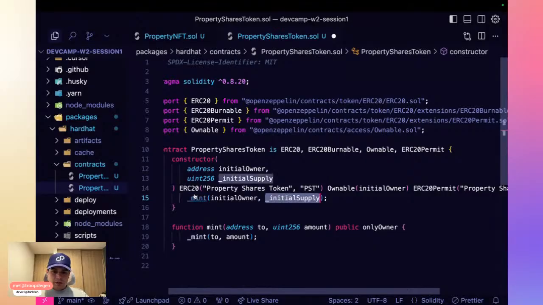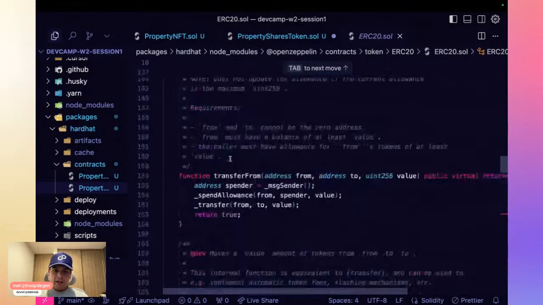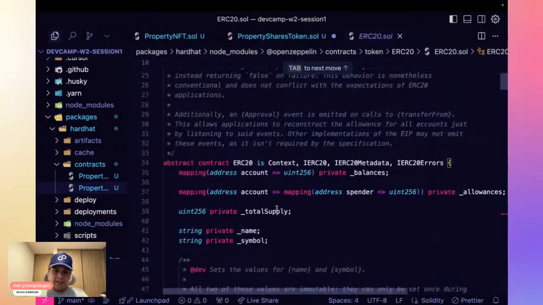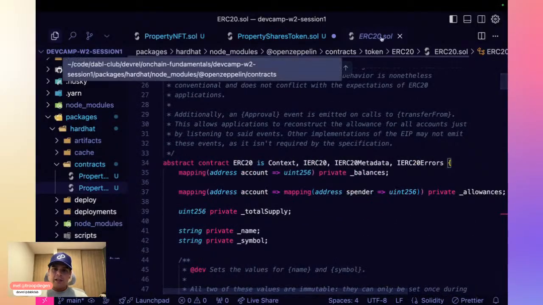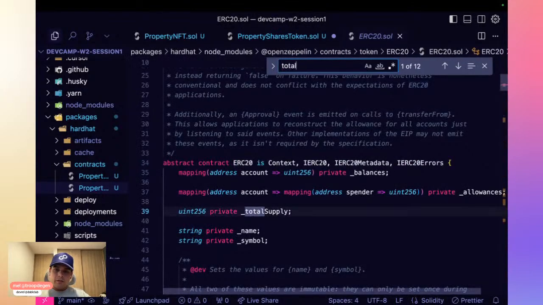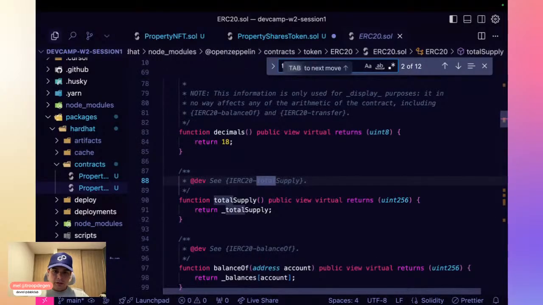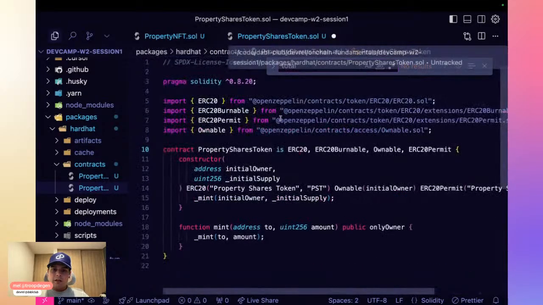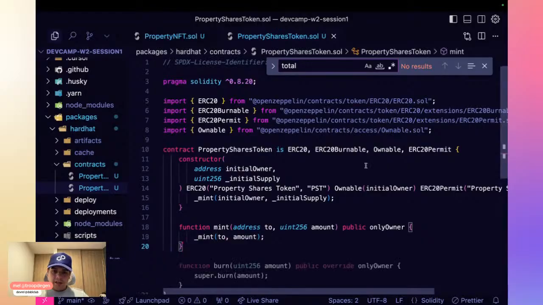And that's a cool part about inheriting the ERC20 functions: we will always have access to the balances and the allowances. We don't have to take care of that. So whenever we want to get the initial supply and the total supply, we can just get it from the previous implementation. Where is it? Here we go. Total supply, and you can just call the totalSupply function. So this is for the mint.